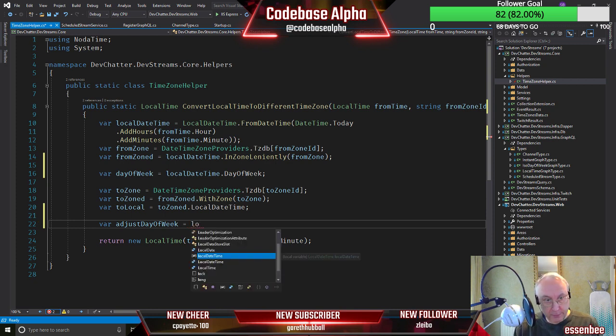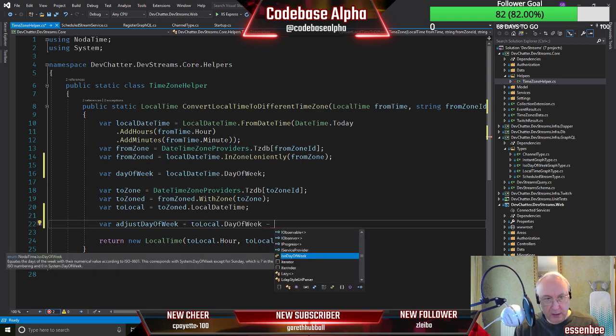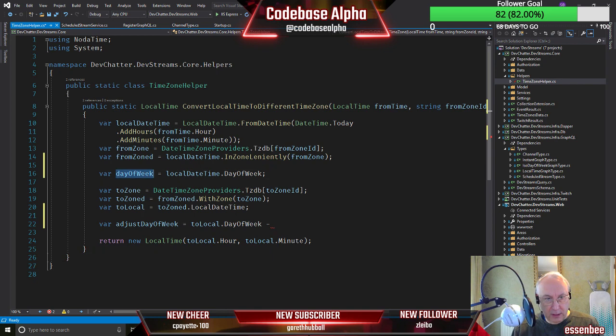So local 2 local, and then we want the day of week for that, and we want to then subtract off that the day of the week that we had here. So let's change this to original day of week.